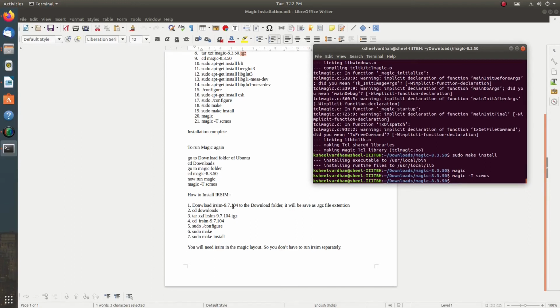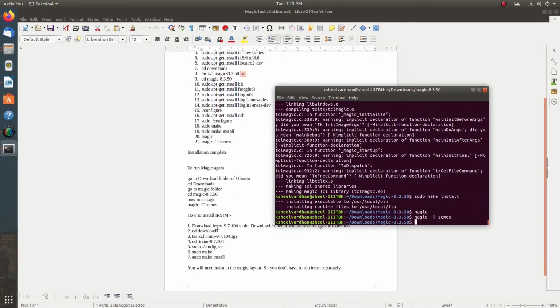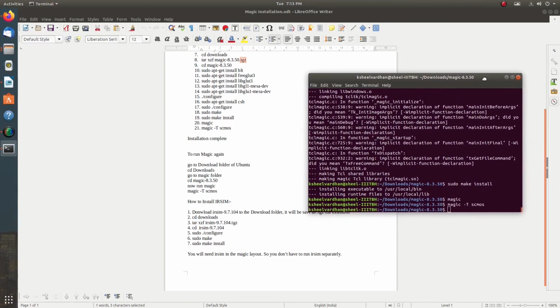Now comes the IRSIM. So IRSIM is a separate file which you have to install by downloading it from the same website, opencircuitdesign.com. My version is 9.7.104. Your version might be different. It might be the latest one. So you can download it from opencircuitdesign.com.